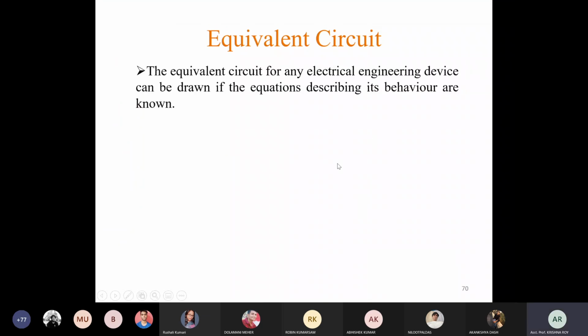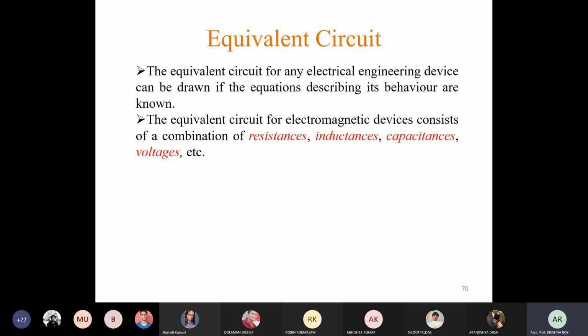So what is an equivalent circuit? Equivalent circuit of any electromagnetic device is the circuit representation of the equations describing its behavior or performance. So by using this circuit model, we can study or analyze any electrical machine using circuit theory model or